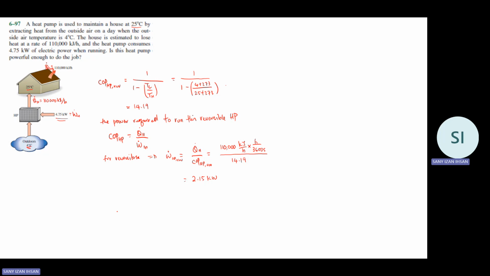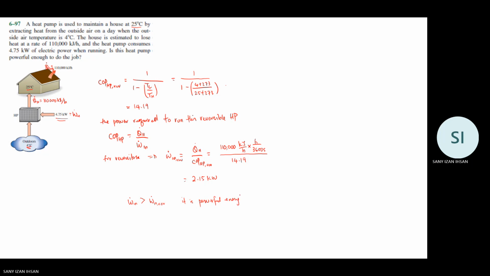So comparing with the power that we have in this problem, you can say that the work in from the problem is larger than the work in reversible. So in this case, you can say it is powerful